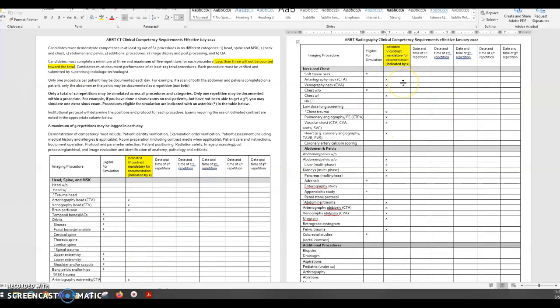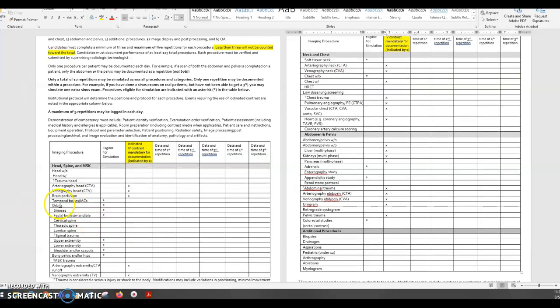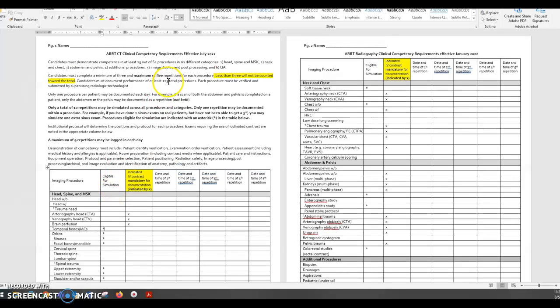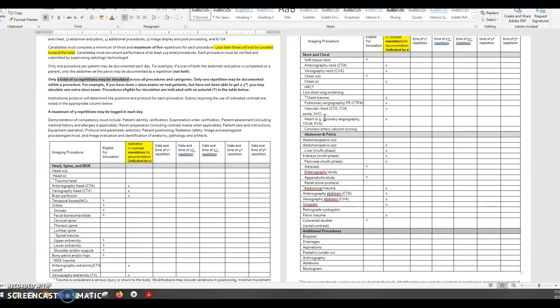Now, let's say that you're in a facility that sometimes does, let's say, temporal bones or IACs. Let's say you've gotten all the way to the end and you've only ever been there for 2 temporal bones. So you need to simulate one more so that you can get at least 3 repetitions. That's okay. This one's eligible for simulation. Just know that you cannot do more than 10 simulations total. Why the simulations are nice is because, and it says up here as well,